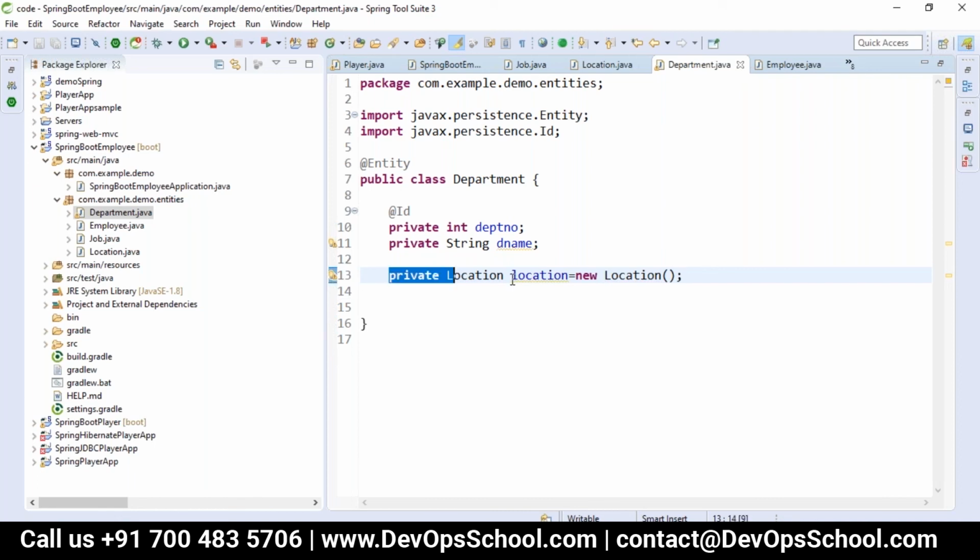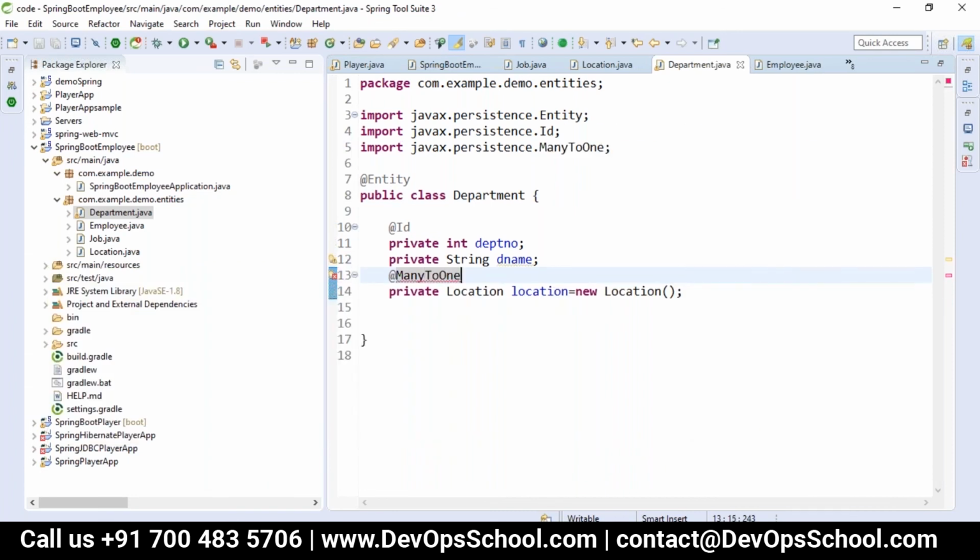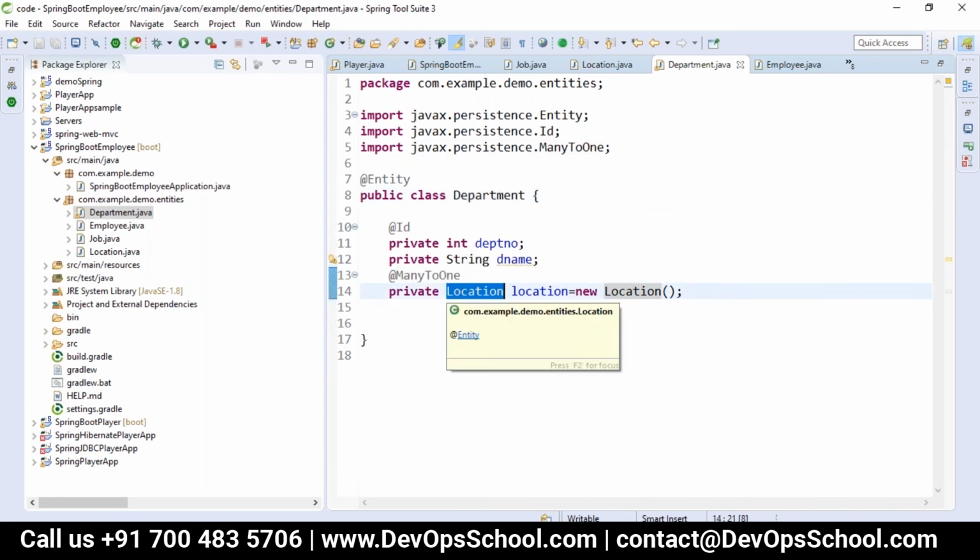Is it that one department belongs to one location, or what? What is the relationship between these two which we have to mention? Many departments will belong to one location. So I'll take here many to one. This way the relationship is constructed. So whenever you retrieve a department, it will give the location object also.